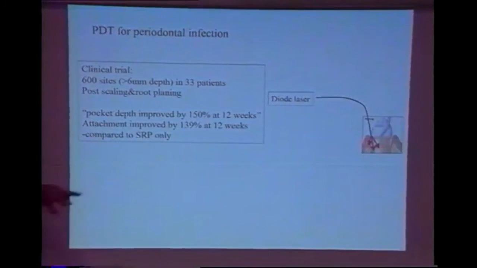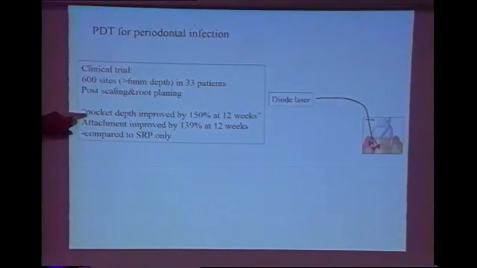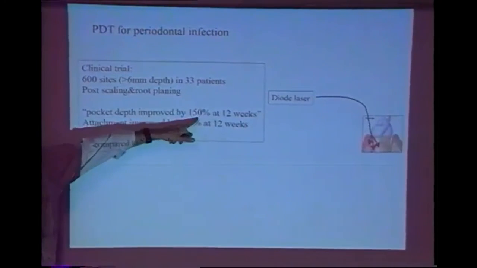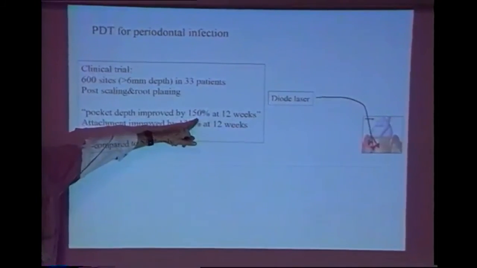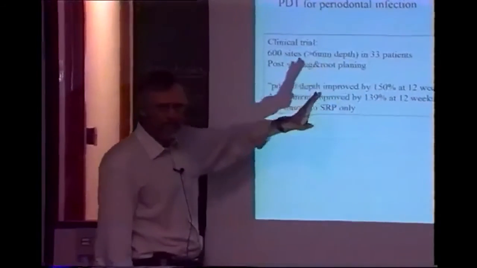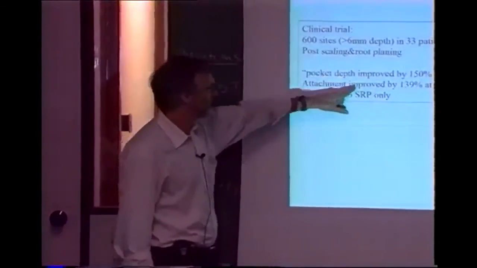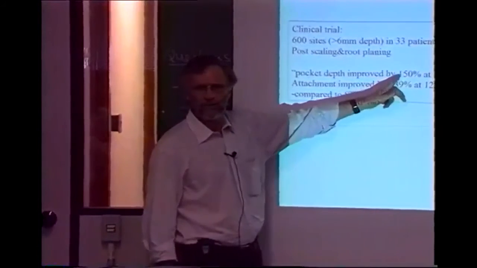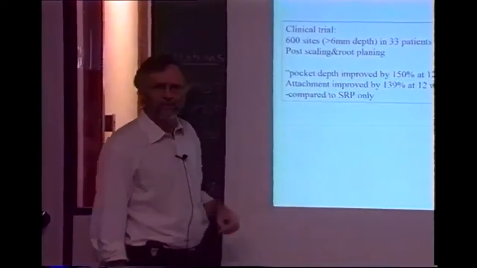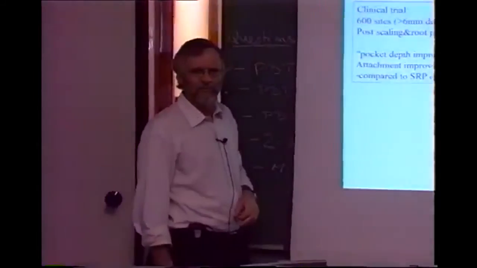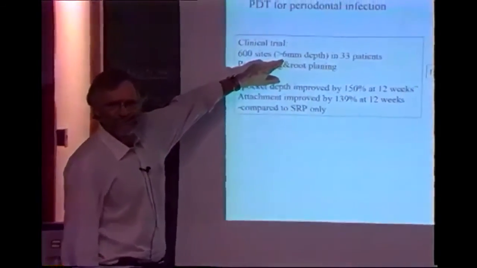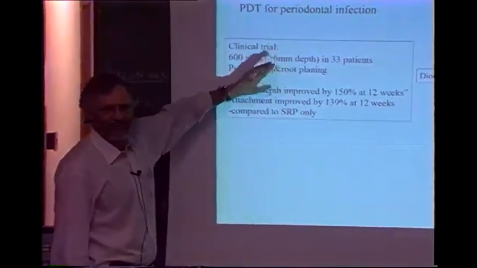So the claim is that the pocket depth improved by 150% in 12 weeks. I'm not quite sure what improved by 150% means. But do you know, is that the standard way to report periodontal treatment? It's percentage. 1.5 times better if you don't do anything. I don't know what that means. Does that mean that they went to 4 millimeters? Or, I don't know. Anyway,